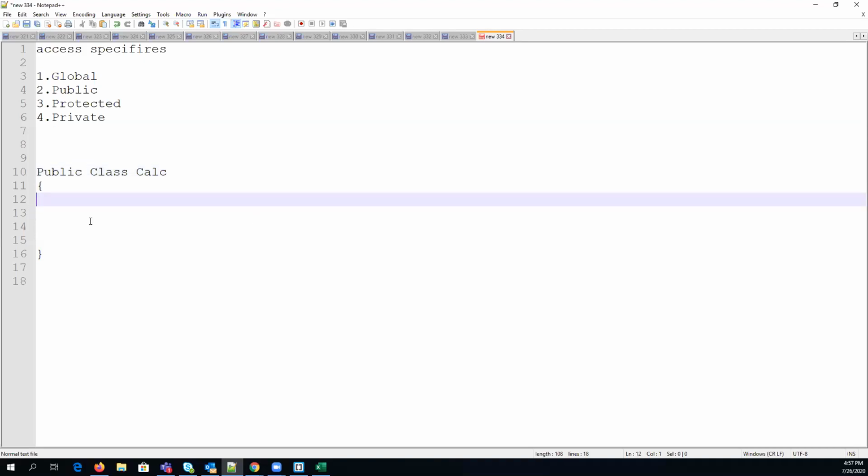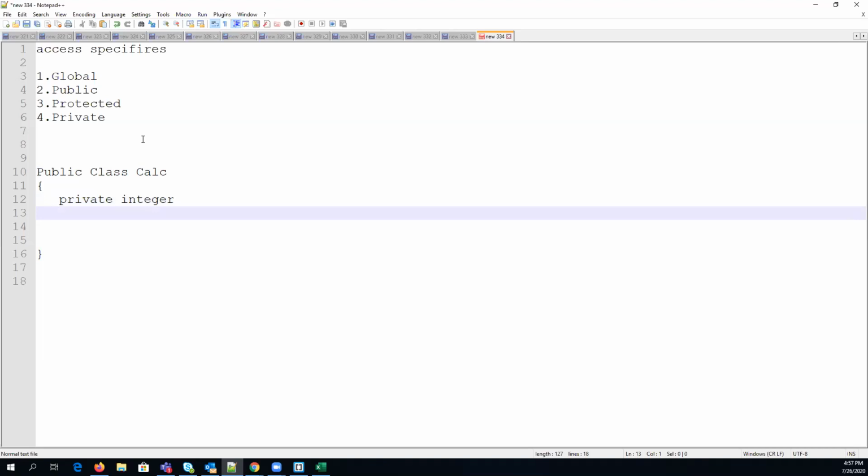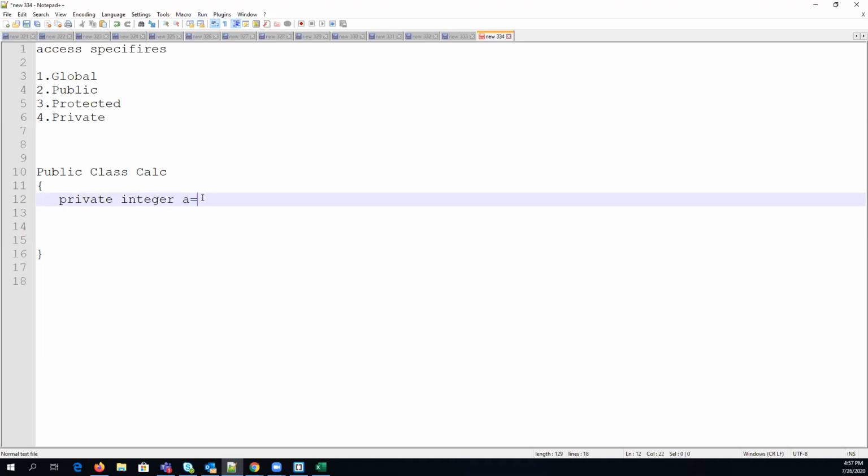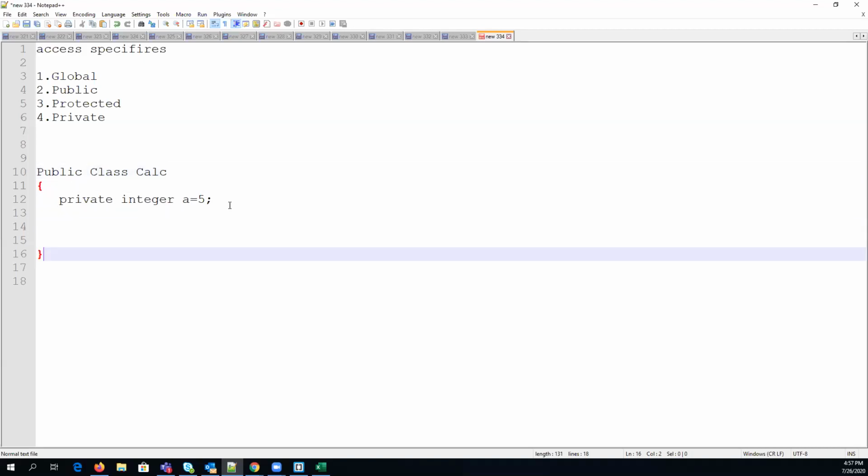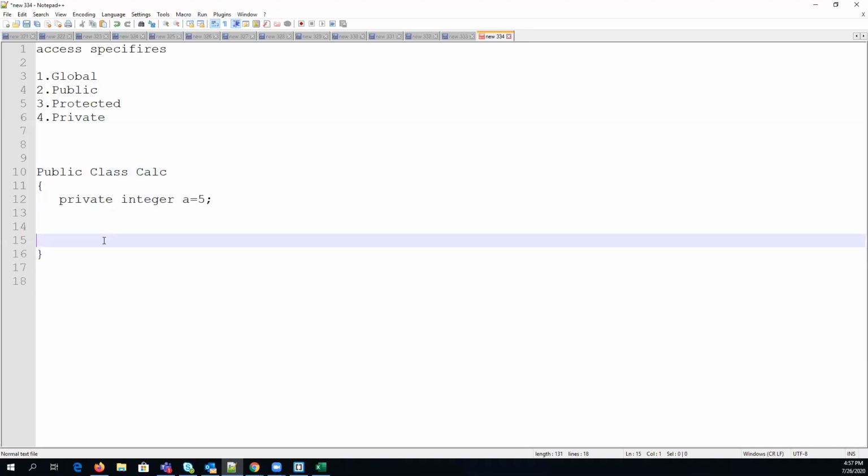But for any variable you declare, like private integer a is equals to 5, if the class is public but the variable is private, you can't use it outside of this class. You can only use this variable inside of this class. Is that clear, guys?